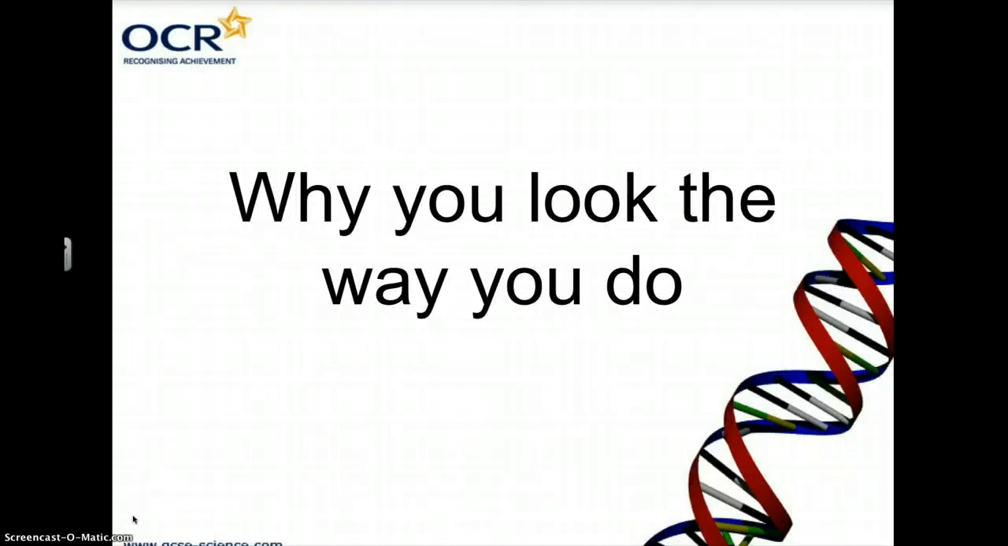All right, welcome to our very first lesson of genetics, and I'm entitling it Why You Look the Way You Do, which is, I guess, one of the major ideas of genetics that we're going to get into. So this slide here will essentially give you most of the main vocabulary that you're going to need moving forward